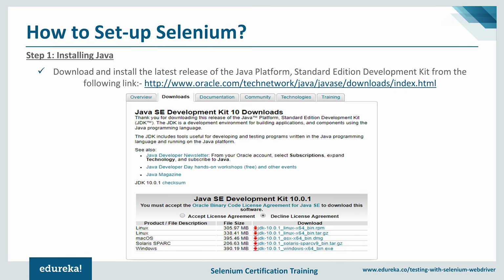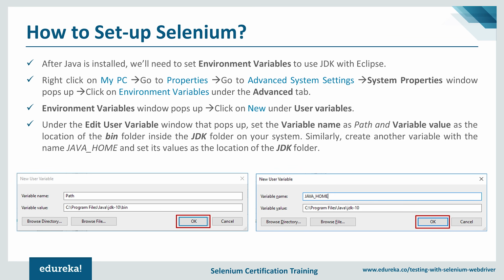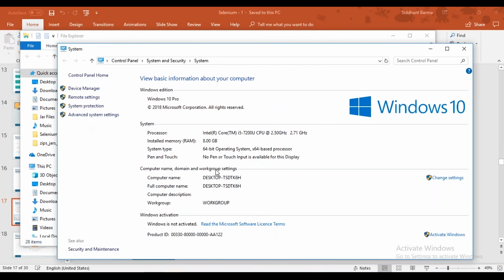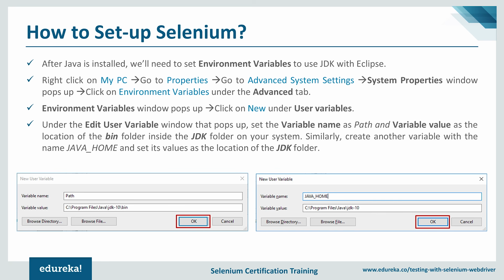So once you're done with the installation, the next process would be setting up your environment variables to use JDK with Eclipse. So how can we do that? It's pretty simple. You can go to My PC or This PC and go to the properties. The system window opens. You go to the advanced system settings. Once you've clicked on advanced system settings, there'll be another window that pops up with the name System Properties. Find the Advanced tab under it and go to Environment Variables. Once you've done that, the Environment Variables window now pops up. Find the user variables. So go ahead and click on the New button under the user variables.